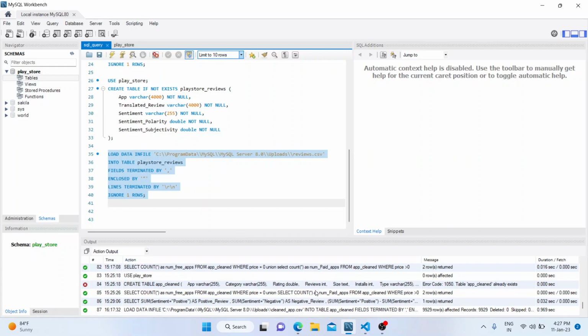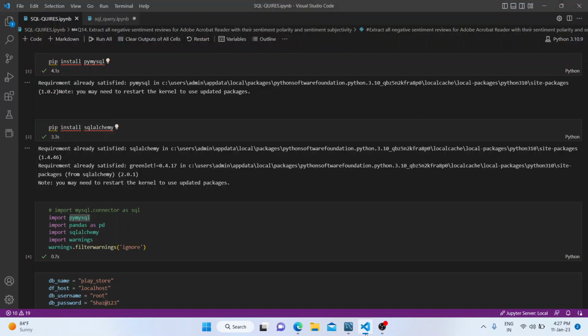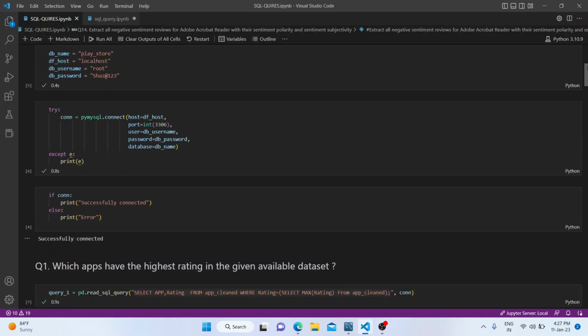So I have written queries in MySQL. I have installed all the required libraries. Then I have connected to MySQL with these instructions.